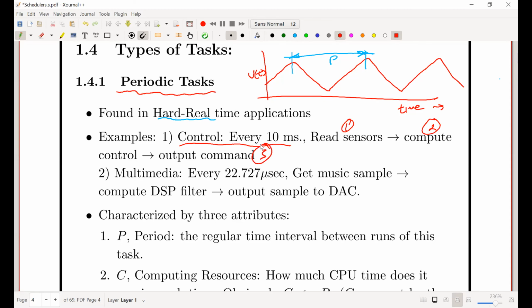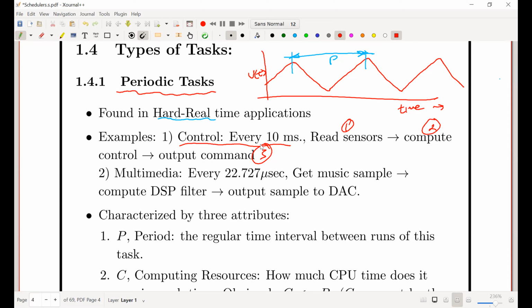That's what's happening, say, in your car's cruise control. I don't know what the period is for car cruise controls, but it measures your actual speed, compares it to the desired speed you set, thinks about what the right control is to correct that error, and then outputs a new throttle command